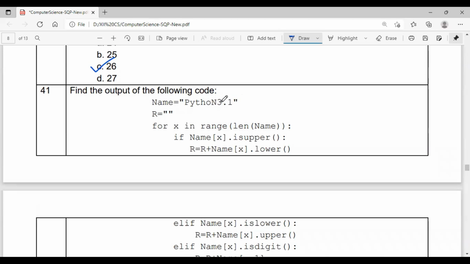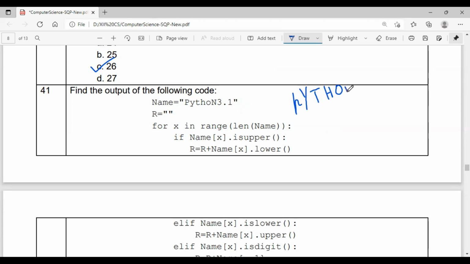So here, the first one is capital P, means it will be small p. y is small, then you have to convert it into capital. t is small, you have to convert it into capital. h is small, you have to convert it again into capital. o is small, you have to convert it into capital.